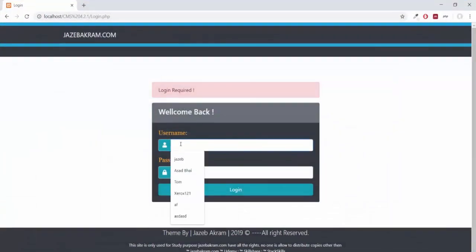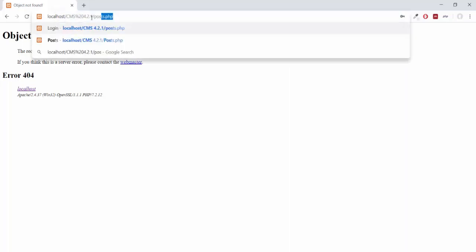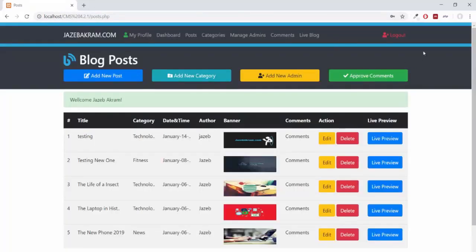Now if I give it my username and password, it sent me to the page of dashboard.php, which I did not want in the first place, because I wanted to be on the page of posts.php when I did the first login attempt.